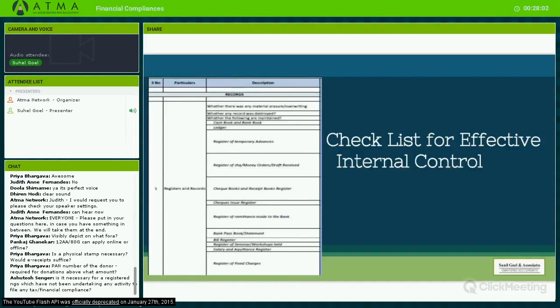We've tried to list out a few of the effective internal control procedures. You can obviously have a look at that in detail when we send over the presentation. But then, just to go over, you need to have proper registers and records which give detailed information of the background. There would be proper donation reward registers which will track the monies which have been received,